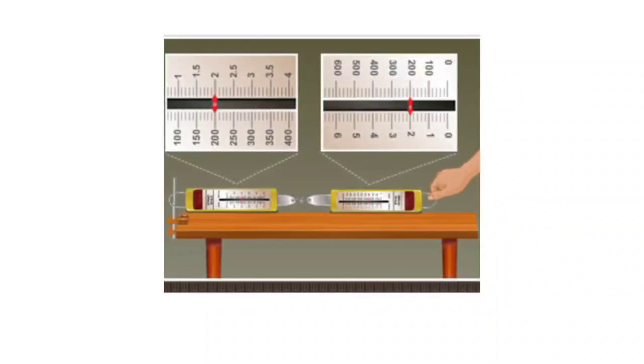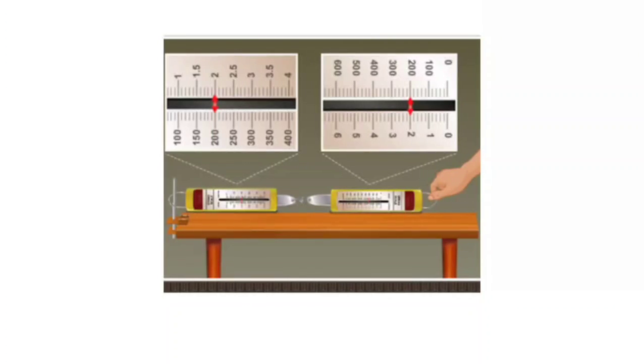So here we will see the demonstration of the third law of motion. In this demonstration we can see the two spring balances. One is fixed at one end and the other one is being pulled by applying a force. So when the second balance is pulled by some application of force, we can see that both the balances will show the same reading on both the scales.